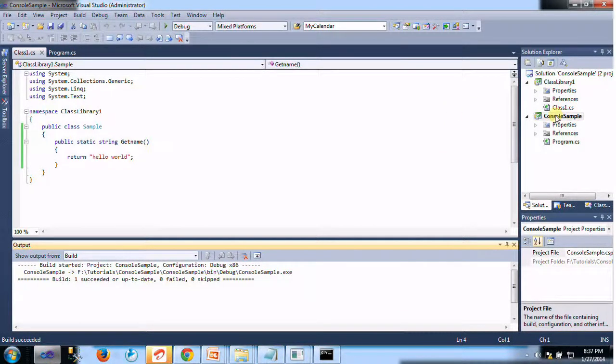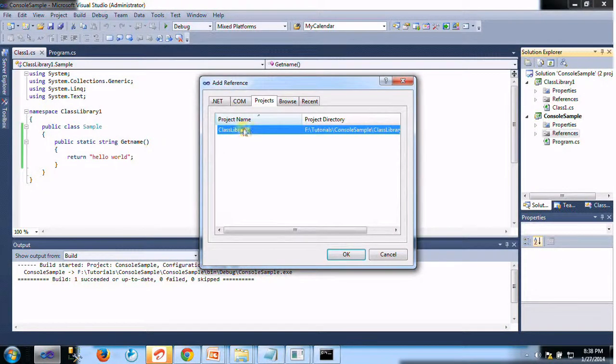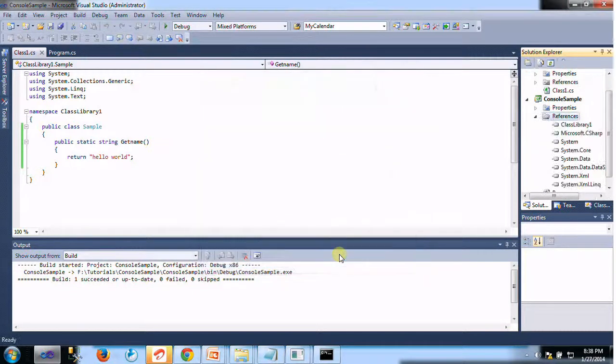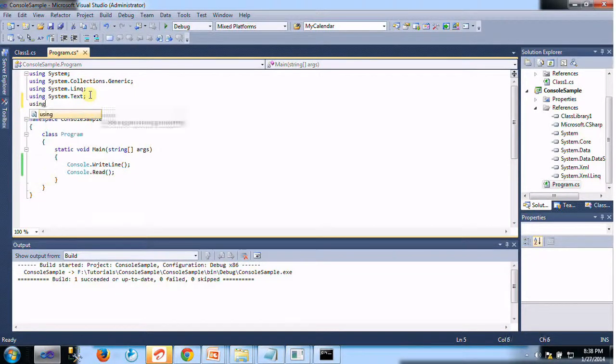If you want your console application to use this class library, you should add a reference to it. Click on References and Add Reference, and select the class library. Then go to the console application's program and use the class library's namespace.